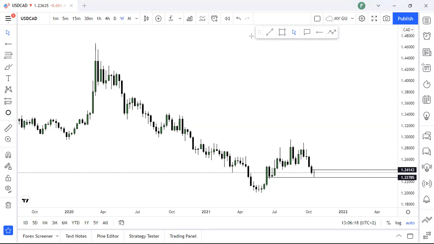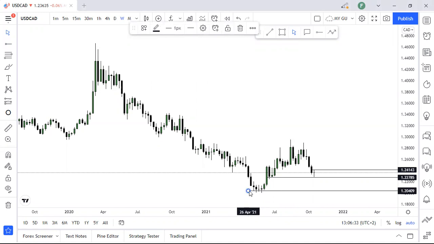However, if price does break our previous weekly low, then we know price has to fall to our next low, which would be this low right here, right? So you already have a weekly view set up. If price breaks your support, your low for the previous week, right? That's your support. If it breaks that support, then you know price is going to fall to the next support. So you already have